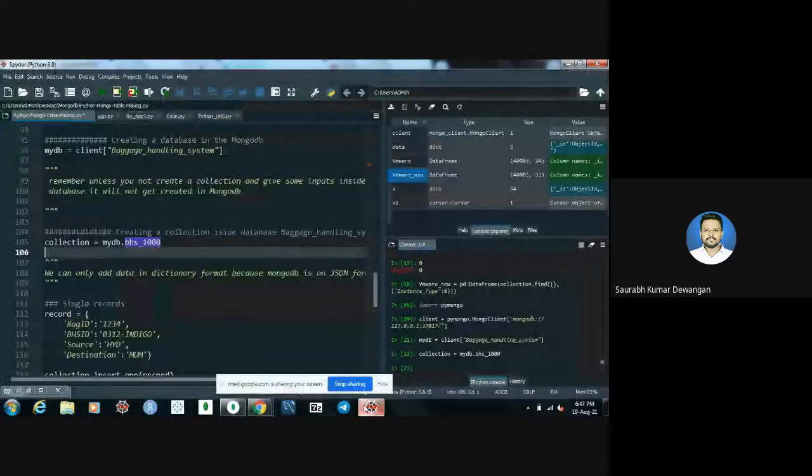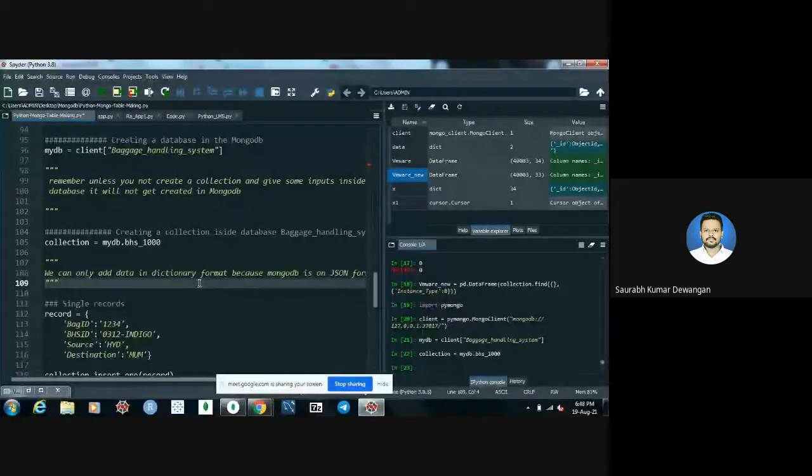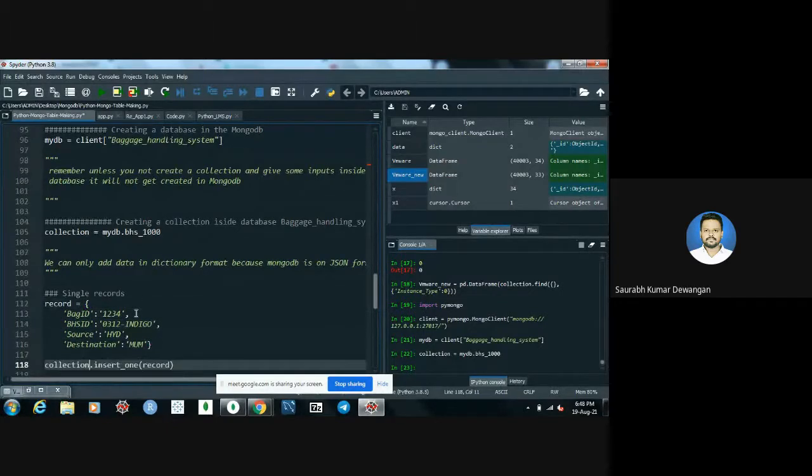One thing we have to remember when we create a database or a table in Python is that unless you create or insert a record or a row inside that table, you cannot see it in the MongoDB server. So let me insert a record inside the BHS 1000, then we'll go to the MongoDB Compass and we can see the record will be created.